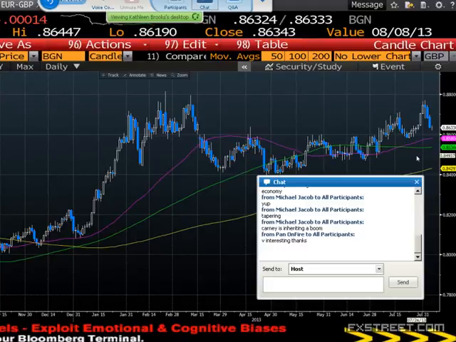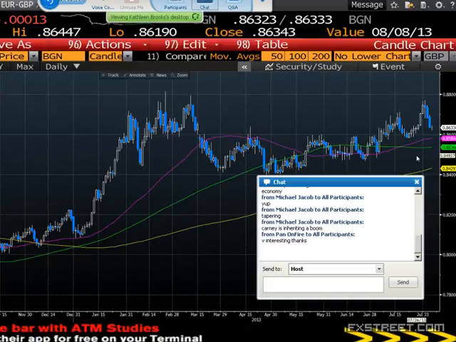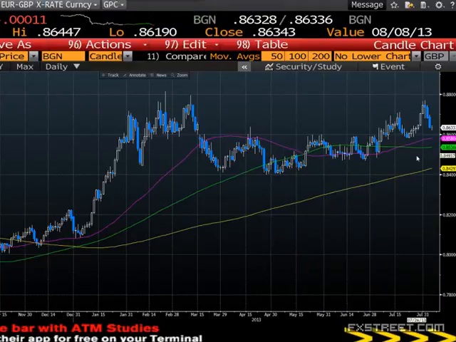The GDP at 0.6%, good, but not a boom. Carney has certainly inherited a UK economy in better shape. But as you rightly pointed out, Michael, there are some issues going forward. There's still fiscal austerity that's going to be going on even longer than expected. We've still got a debt problem here in the UK. We need to really work that down. Public sector debt, for example, we certainly don't want that to continue growing just because the economy has started to do better. We really want them to tackle that head on.